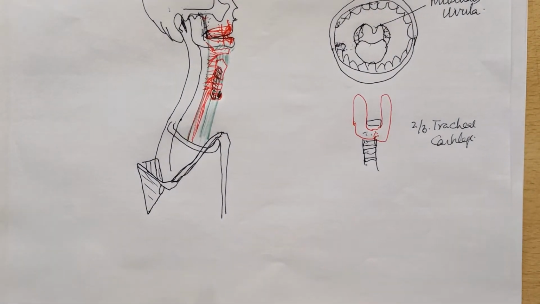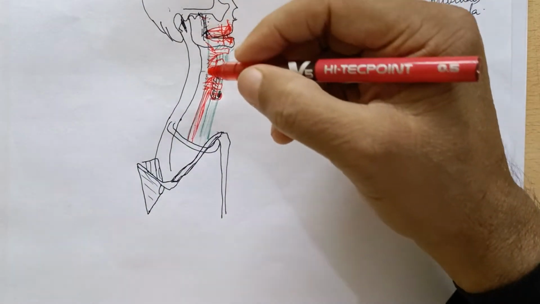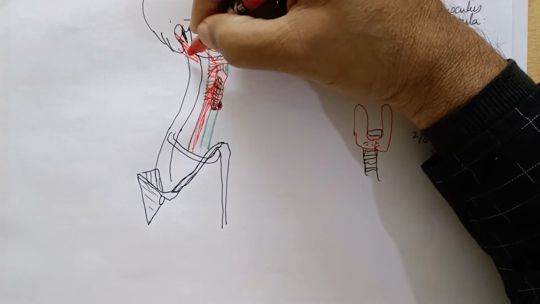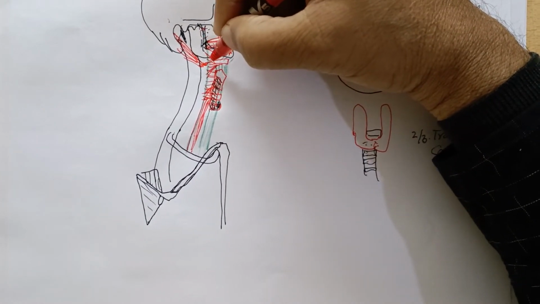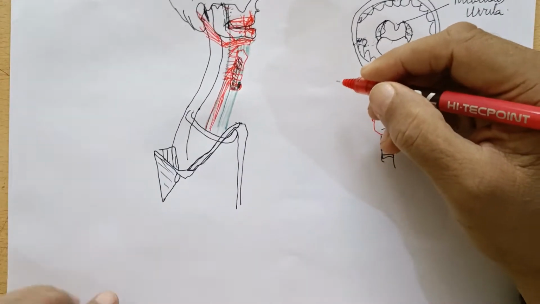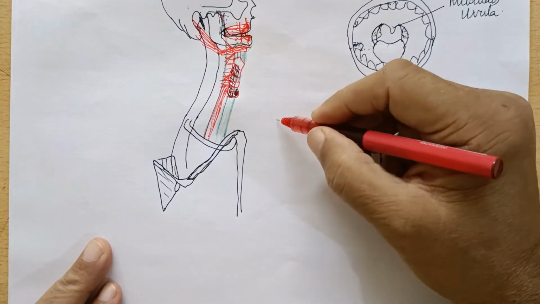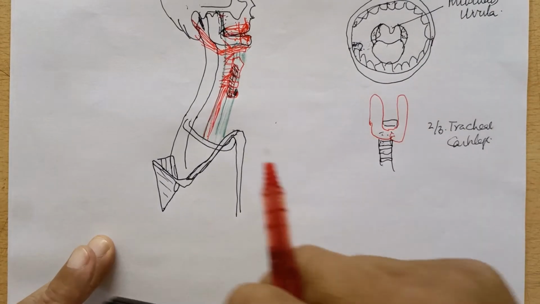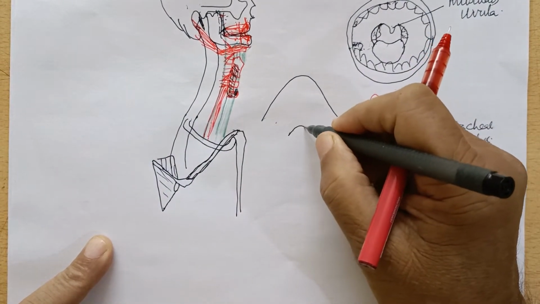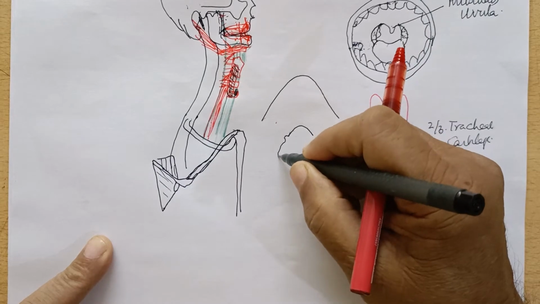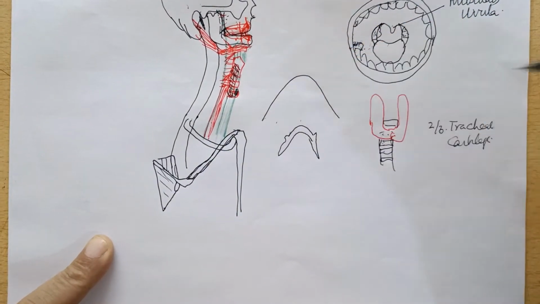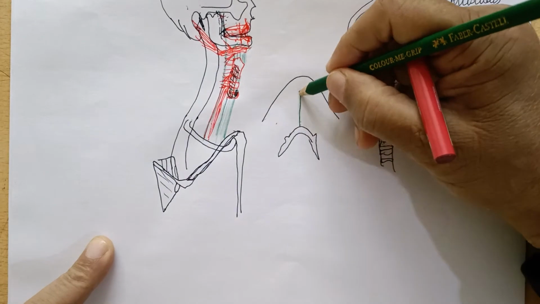Okay, so now we would place another muscle which arises from the mastoid, winds round the cornua of the hyoid cartilage, and forms, if this is the mandible, here is the hyoid bone, somewhere here is the middle raphe,